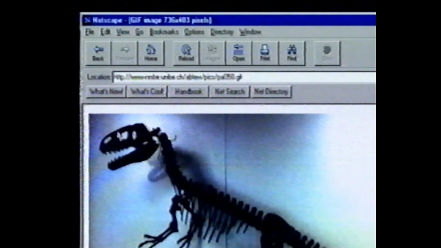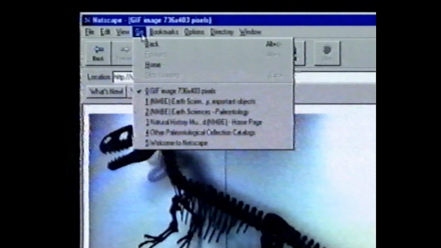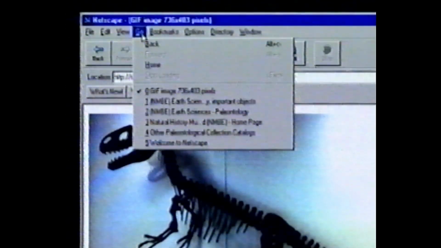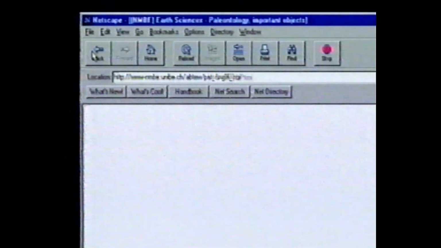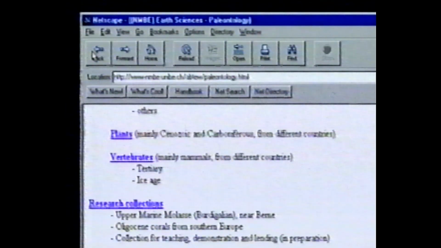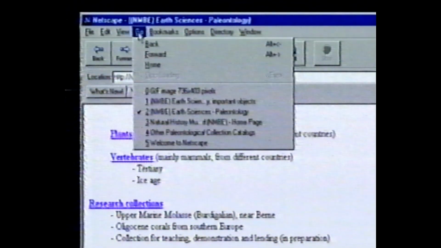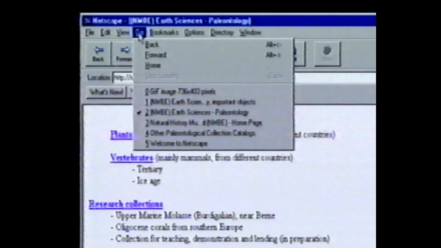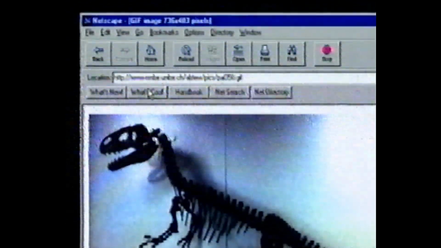To view our history list, we click on Go on the menu bar, and the list opens up. The recently accessed documents are displayed with the top being our most recent location. A check mark helps to indicate our present location. We close the Go menu and use the Back toolbar button to toggle backwards through our history list, one page at a time. We click on the Go menu again, and our check mark has changed to reflect our new location. We click on the GIF image and return to the photograph we downloaded earlier.